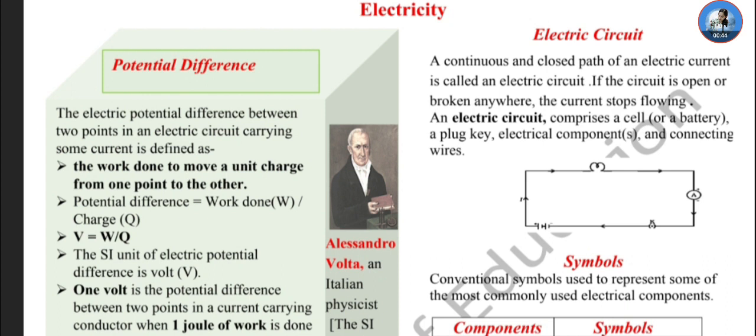called potential difference. For example, if you have to move water from one tumbler to another tumbler, then you have to put a tumbler at a height, which creates a height difference. Then water moves from the upper tumbler to the lower tumbler. In the same way, when we carry a unit charge from one point to another, one point is where the charge is higher and the second point is where the charge is lower. So when we have to do work to move a unit charge from one point to another, this is called potential difference.